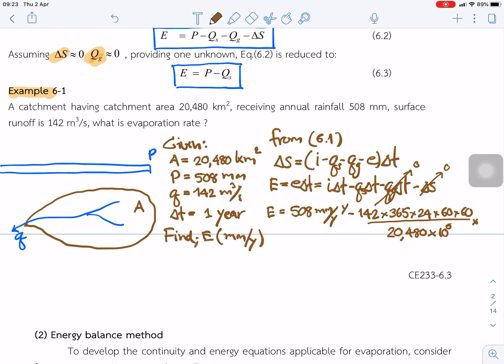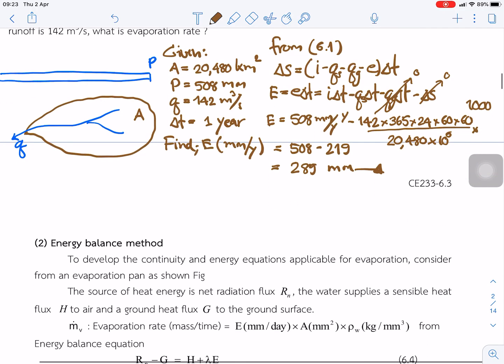We multiply by 1,000 to get millimeter. So it's 508 minus. So we got 219. So the evaporation is 289 millimeter. So this is just the concept of the water balance to solve for this unknown E. Okay, so the next method,